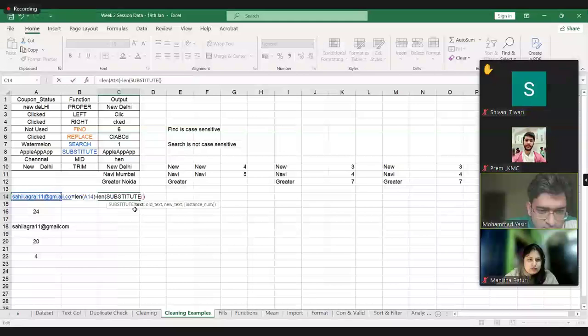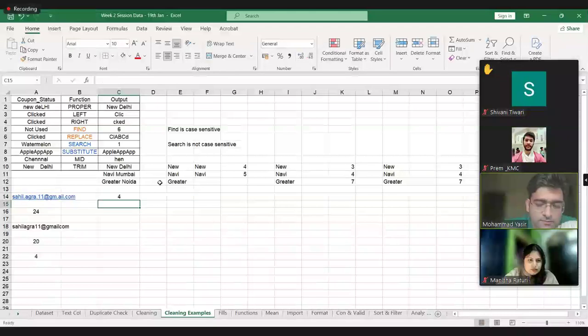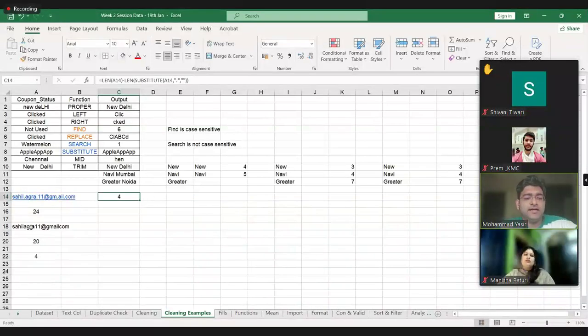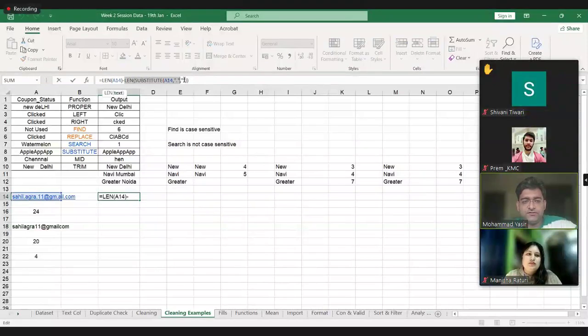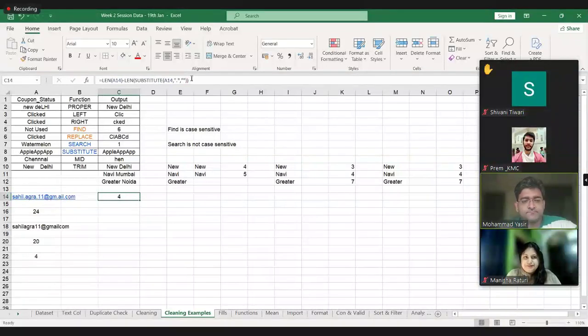Substitute, text is A14, the whole text. So I basically condensed all of this into one. Find the length of the substituted string. Clear?